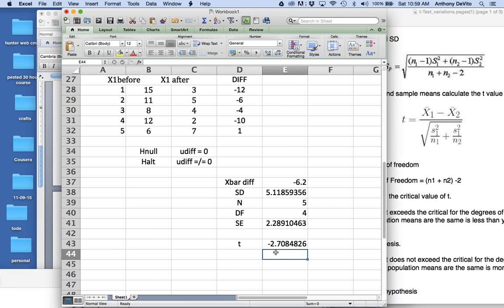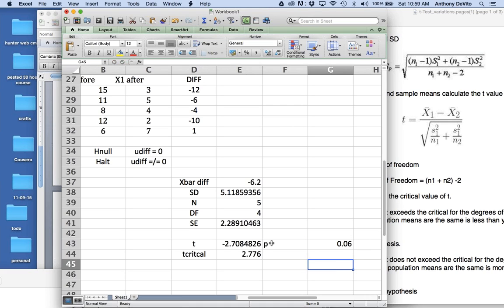2.776 is my critical value. Remember, these are absolute values; we're not really worried about the signs. We fail to reject our null hypothesis. Exactly right. That's a very small sample size. So t critical is 2.776, and we're very close. If I had to guess, our p-value might be like 0.06 or something like that. Not quite a 5% chance of being wrong; we have a 6% chance of being wrong, because we're a little smaller than the t critical. Since our p-value is not smaller than 0.05, we fail to reject our null hypothesis. Okay, so now